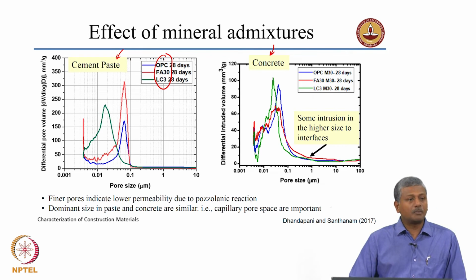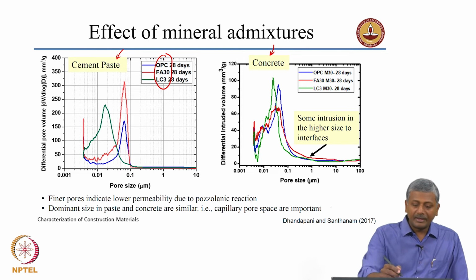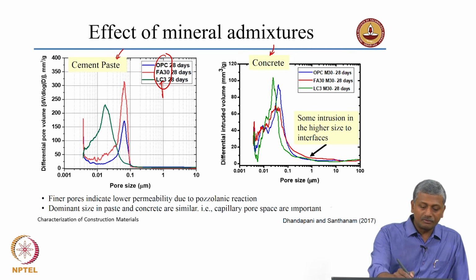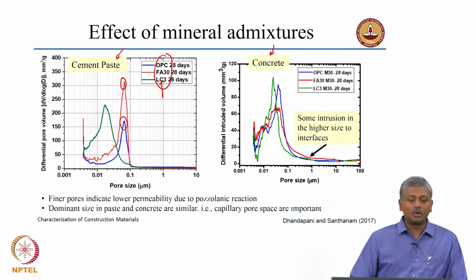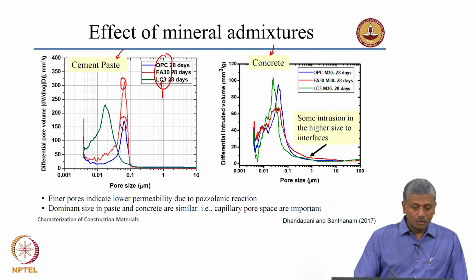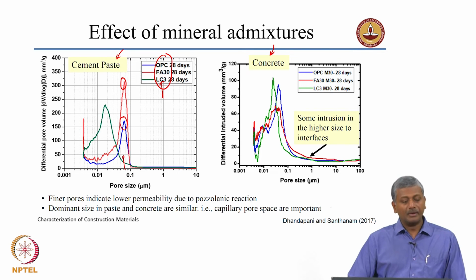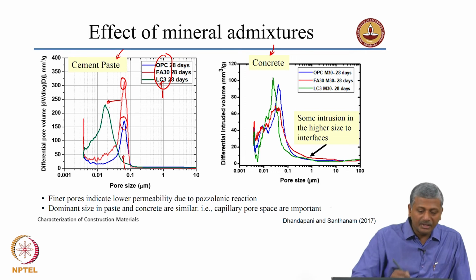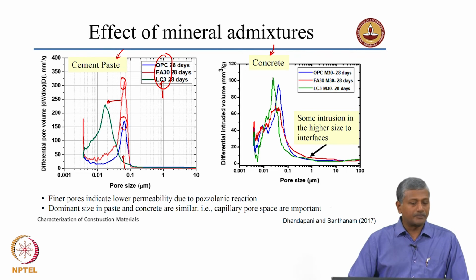one is made with ordinary Portland cement, one is with 30% fly ash, and the other is with limestone calcined clay cement. Okay. And you see here that for OPC and fly ash, if they are cured to the same extent, you end up producing nearly the same critical pore size. The critical pore diameter is the same in the two systems for substantial level of curing, that is 28 days curing. If you test the same systems at 3 or 7 days, there will be vast difference between OPC and fly ash. But in this LC3 system, you are now shifting your critical pore size to a smaller value.